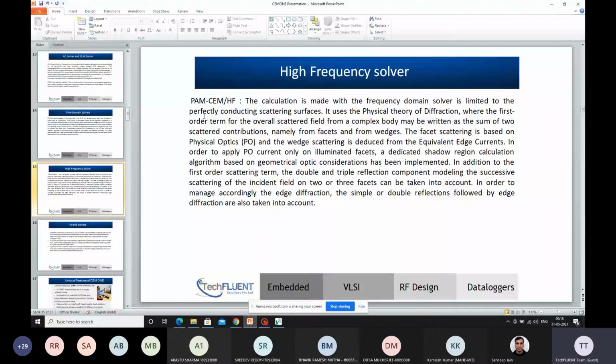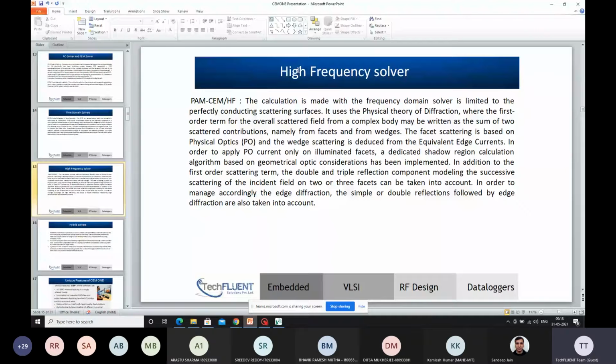The high frequency solver is exclusively used for electrically large structures, like if you want to analyze the performance of a radome or complex shapes. It basically uses the technique of physical optics.